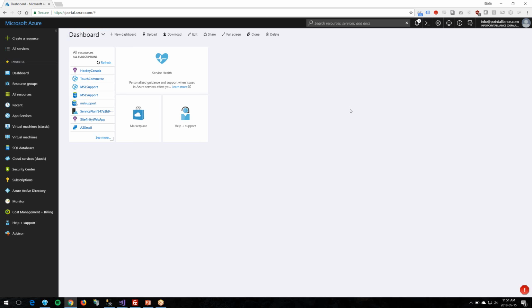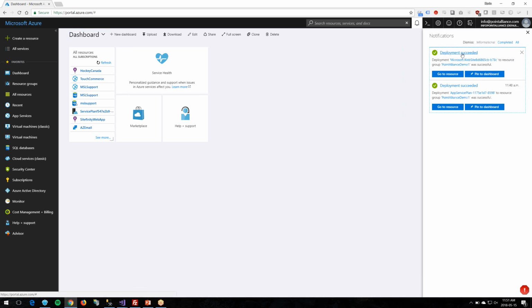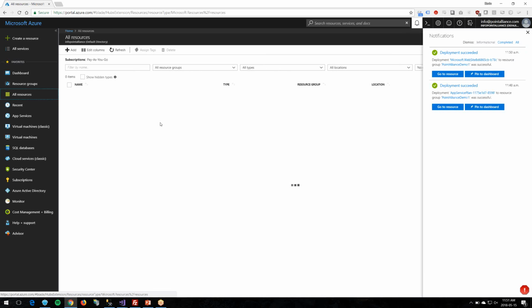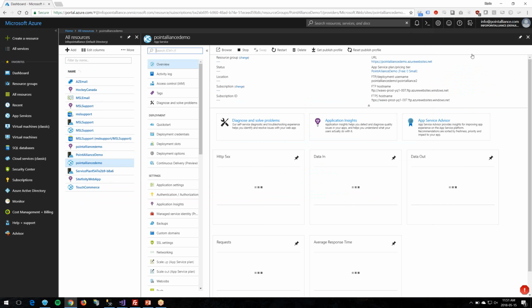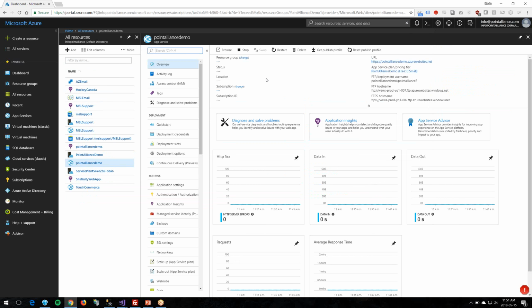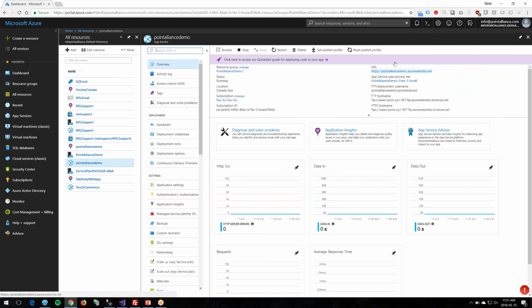So if we flip back to Azure, our deployment's likely done for our web app. It is. So I'm going to go to All Resources, and I'll look at our web app. We have our Point Alliance Demo, App Service Plan. So everything lives within the App Service Plan. Then we have our app service right here, our Point Alliance Demo, also known as the web app. So we can click on that. Now you can see we have an overview here. So you can see we have a URL already,